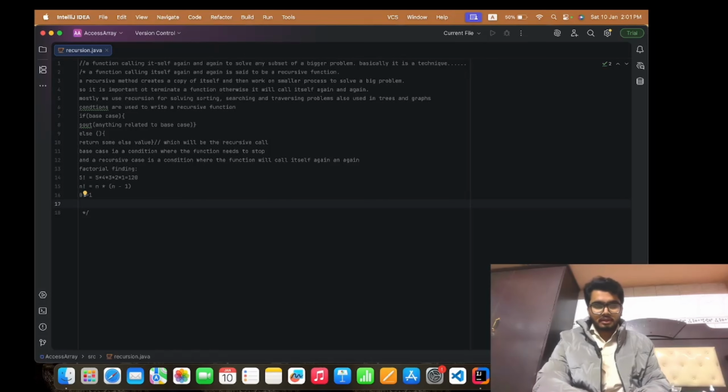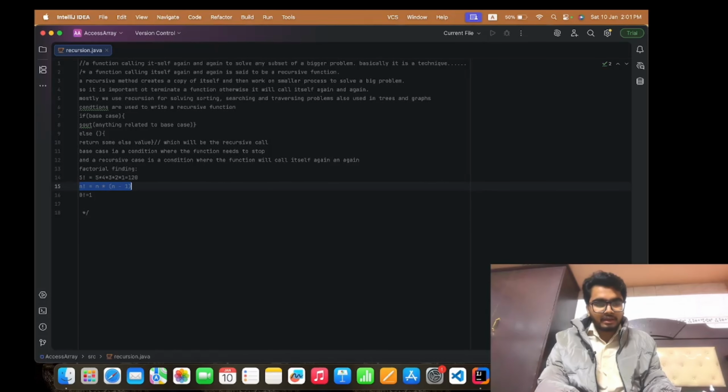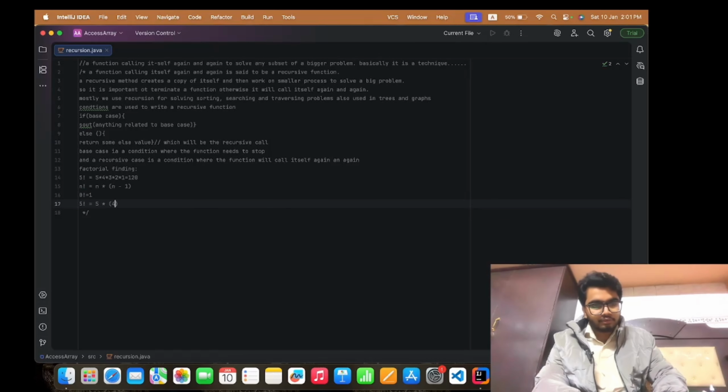According to this formula, if you need to find the factorial of 5, it will be equal to 5 into the factorial of 4. I forgot to add that here.